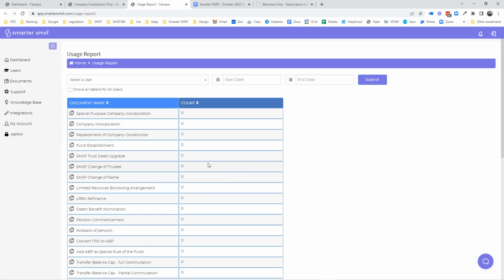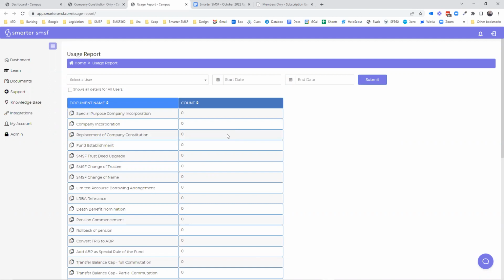So what does the subscription actually look like? Are we in our 50 documents, we've used 45, and again, across the team, has it been fairly evenly split, or has one person done more? And you'll go, actually, we've still got 15 pensions at least to do. And we actually haven't done any deed upgrades this year, and we know we've got to do at least 10. So it's giving you information about your subscription to help you understand in your own business the work that needs to be done. So again, you can hopefully see over this last quarter, last 6 months, we're doing a lot of work in the background